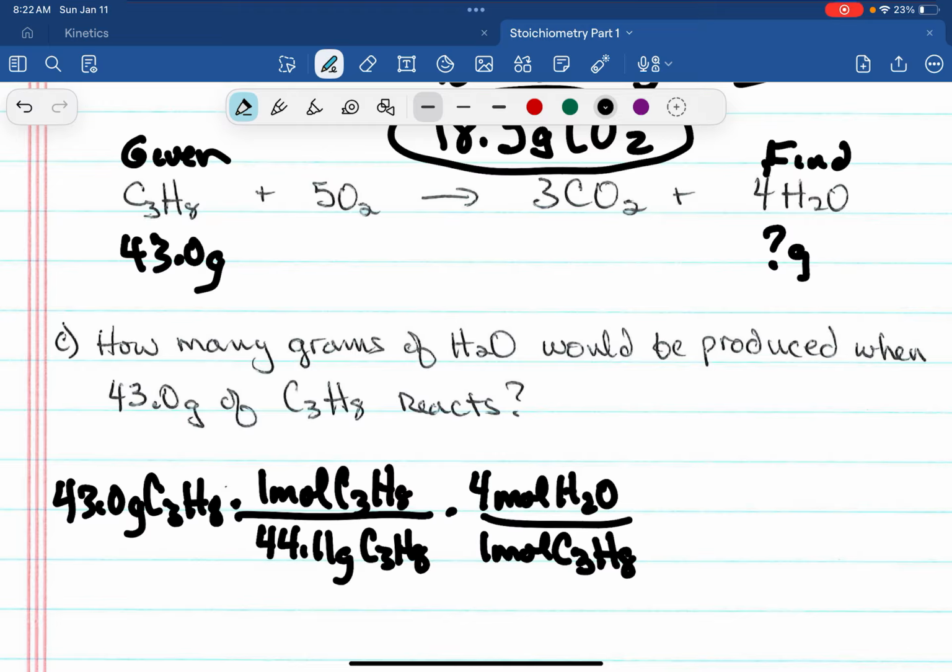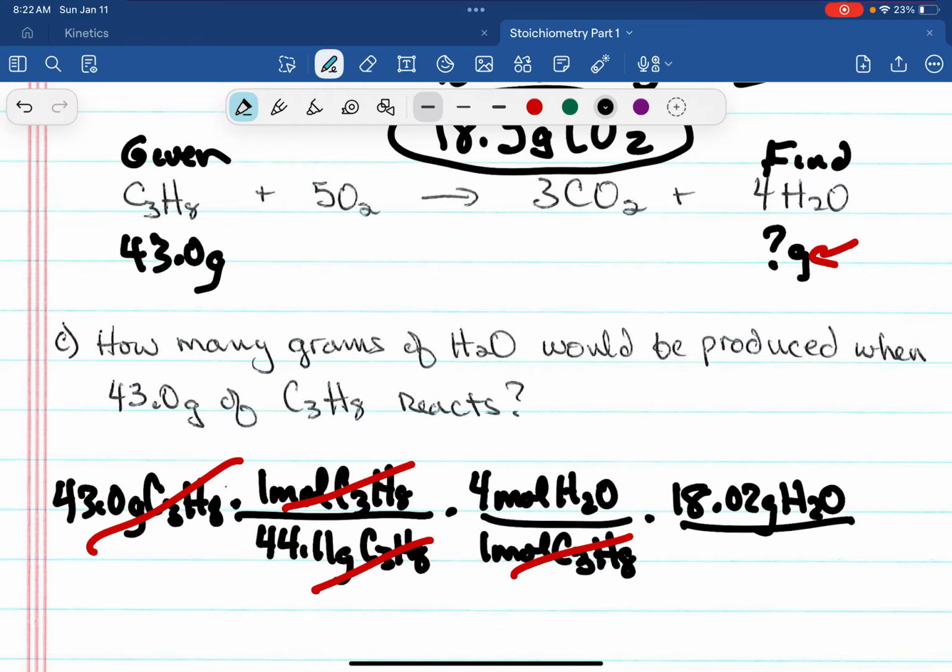Look, I'm going to cancel some stuff. Grams of C3H8, moles of C3H8. I've got moles of H2O. I'm looking for grams of H2O. So my next step, times 18.02 grams of H2O over 1 mole H2O. Moles of H2O are canceling. 43 divided by 44.11 times 4 times 18.02